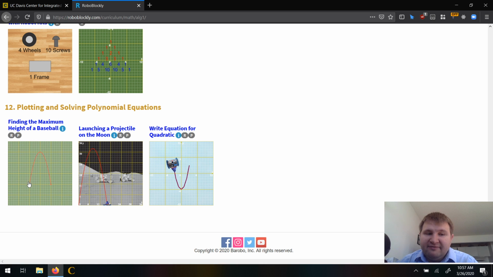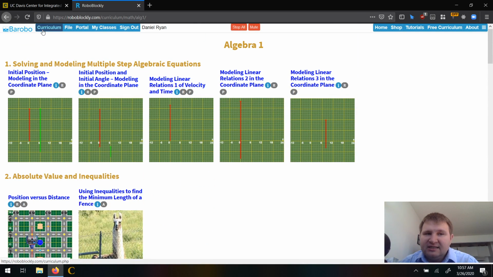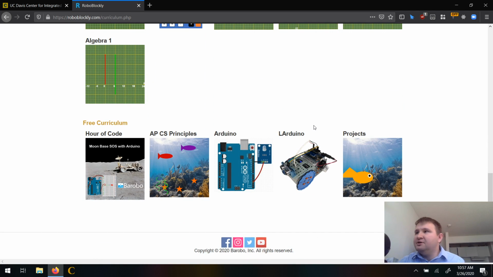So maybe finding the maximum height of a baseball if you were to throw it up into the air, or maybe a projectile motion for launching a projectile on the moon, or a quadratic equation for motion for a Linkbot to move and start to model it in a little piecewise kind of function there. So that's a really quick overview of the 6th, 7th, 8th, and 9th grade curriculum that we have here in